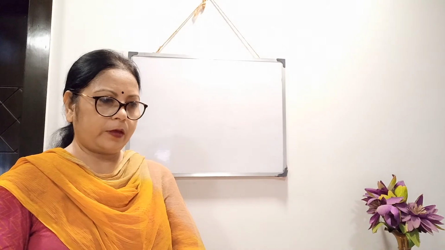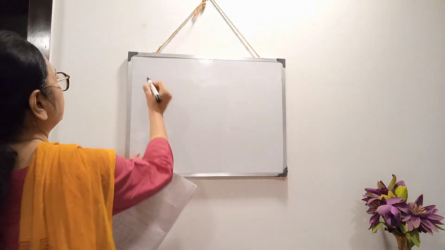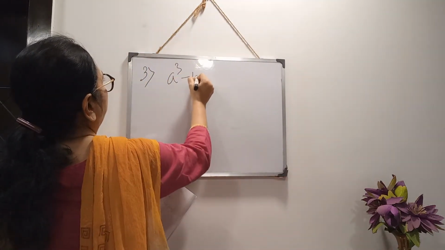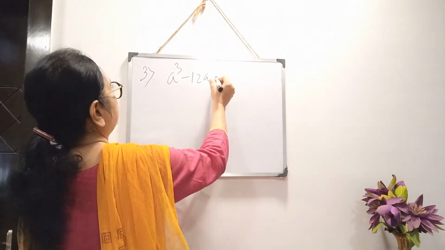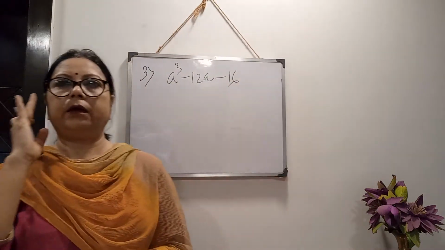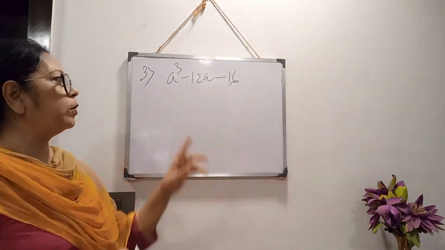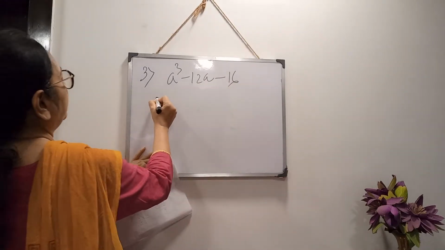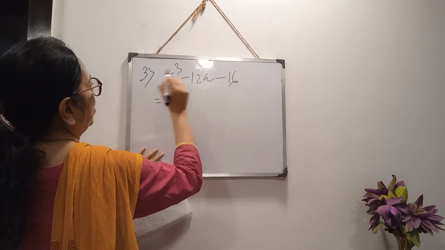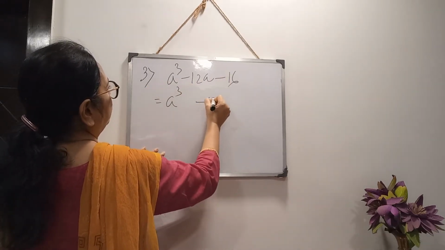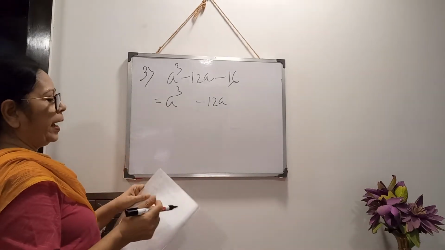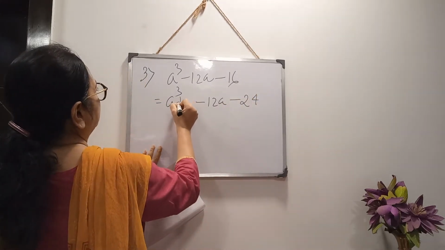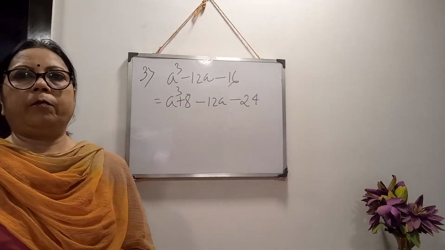Okay, now if the sum is this type, sum number 3, a cube minus 12a minus 16. Now like previous one, 19x minus 30, here 12, I have to make it a multiple of 12. So 12 2s are 24. Here I am making 24. So how much I am adding? 8. Clear? 8 I am adding, so it is becoming 24 minus 8. So here also I have to adjust by plus 8.